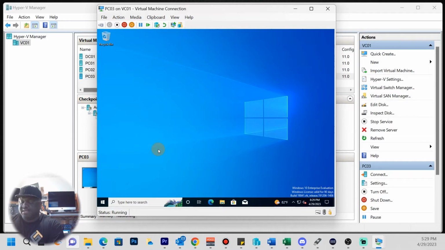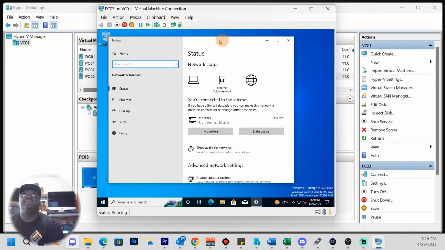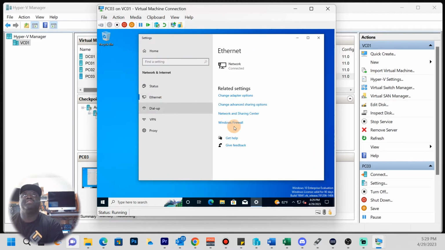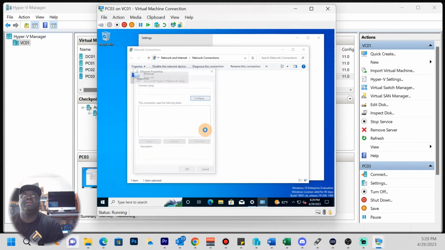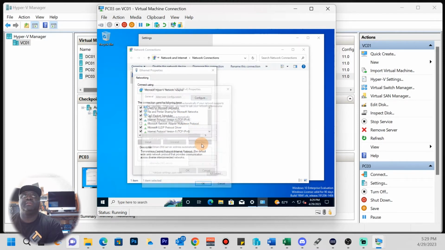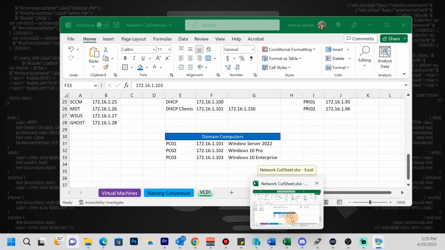All right. Now we want this box to be able to join the domain. So the first thing I want to do is go to the network card and make sure that I change this IP to the proper IP that it's supposed to have. Remember the IP address from here, the scheme that we gave it. So it should be